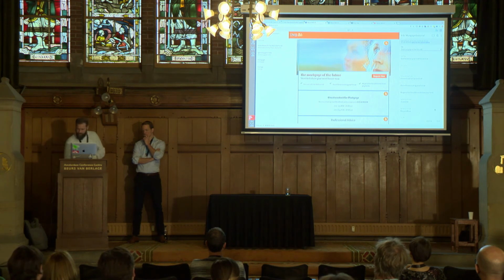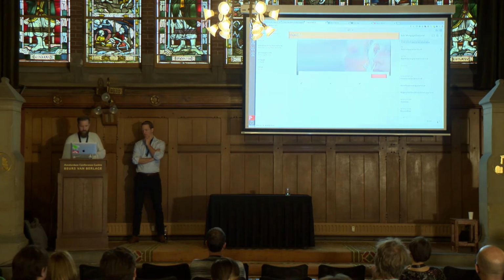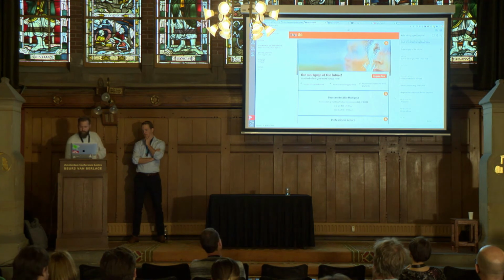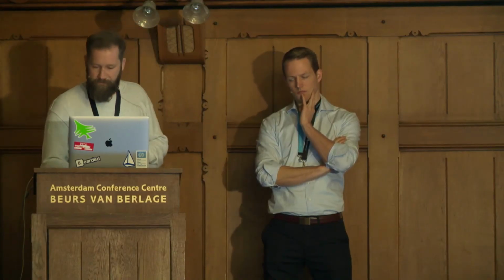Let's see if I change some text. And so as you can see, there's not much of a difference between the experience you normally would have with Hippo or the experience with web components.